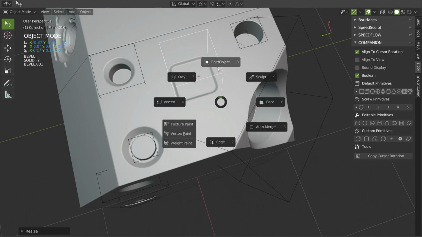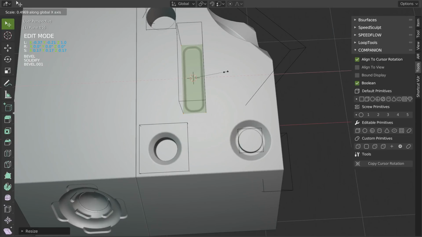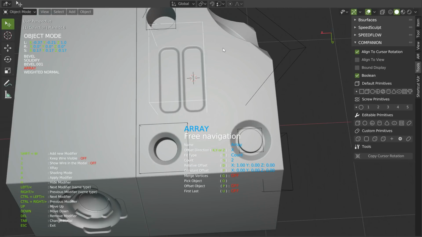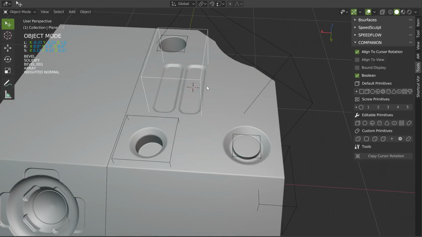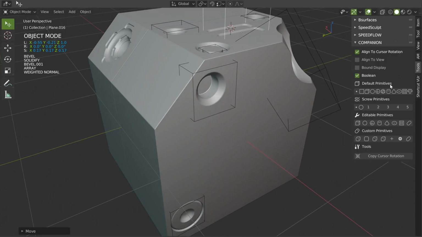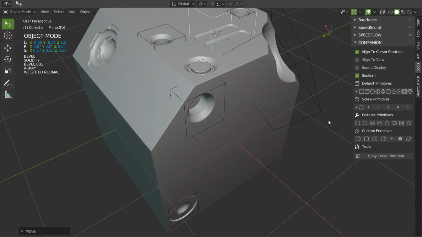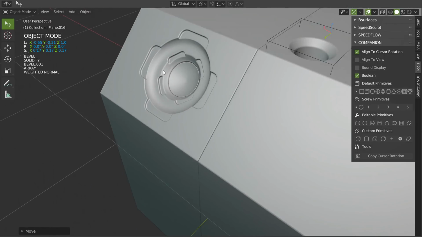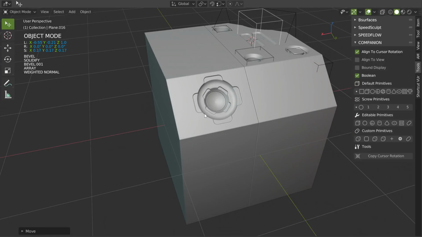As you can see, I can edit, I can make something like that. Boom. I can add an array, just like that, even move this one. A lot of possibilities. So I hope you like this. That will be available in the next update. Maybe tomorrow, if I have one idea I would like to check, but I'm not sure that I will add it. But I will see, maybe tomorrow. But right now, as you can see, everything works perfectly. I can make such details really fast, and this is really nice.